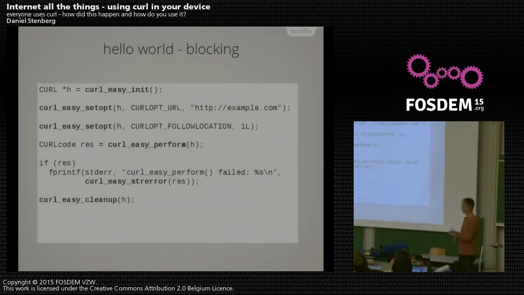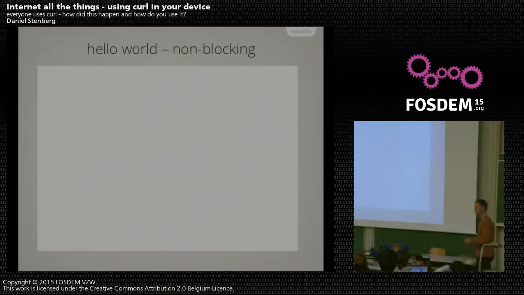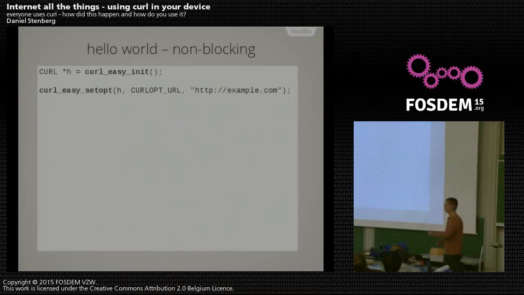Transfer oriented is kind of a single transfer. And in a typical program, if you want to do more of these transfers in a serial manner, you would just reuse the same handle again, set some new options, and do it all over. So, and to do this non-blocking, it's basically the same thing. You create an easy handle, which is a single transfer. You set some options. I want to do it on this URL.